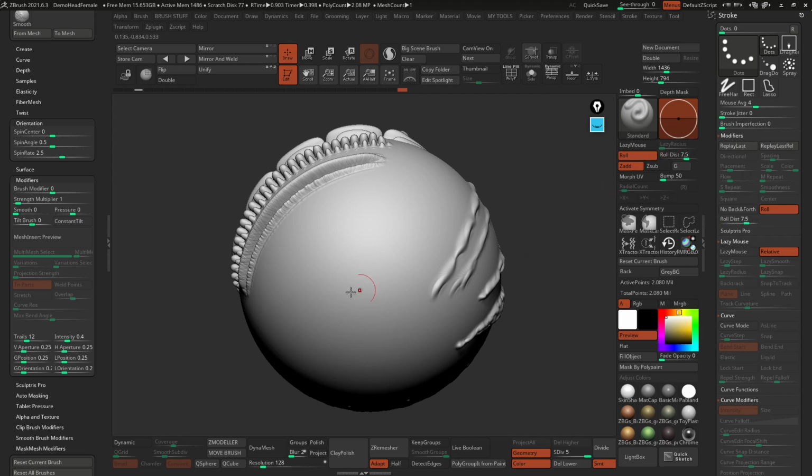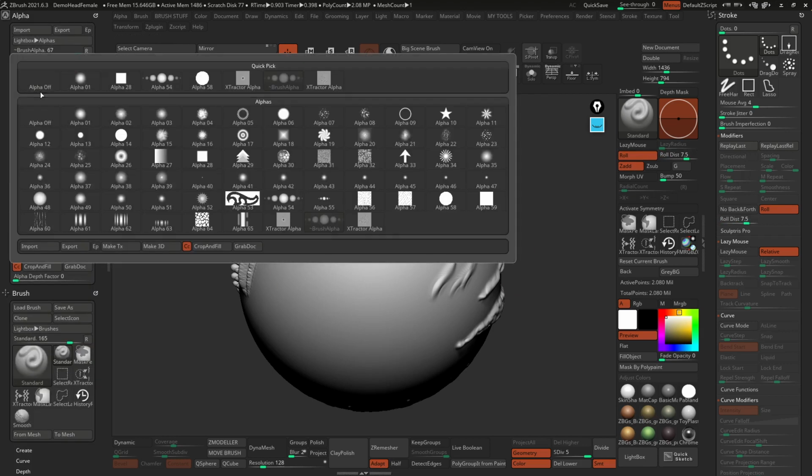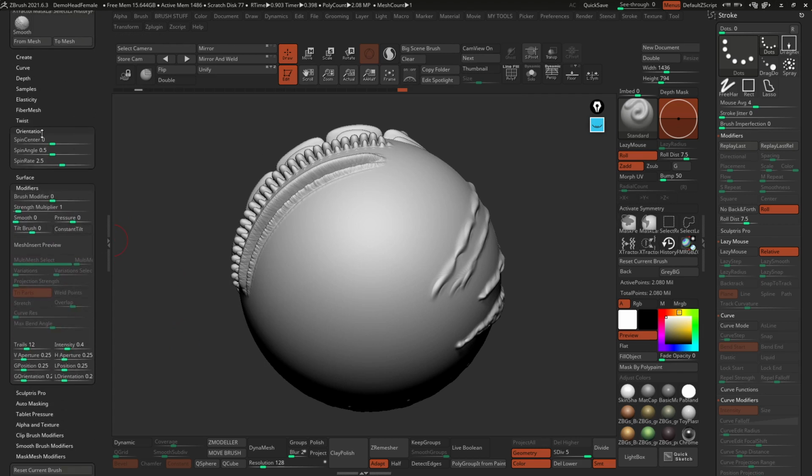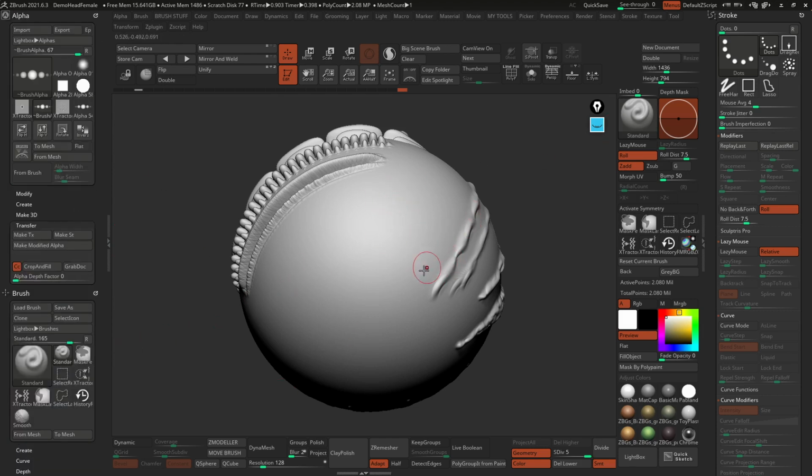I left the C add on, I selected alpha 54, right? Again, you can use any alpha, and I'll show you that in a second. And in the brush palette, under the modifiers and orientation, I set the spin angle to 0.5, the spin rate to 2.5, and in the modifiers, I enable the 12 trails. So I just added 12 instances of that brush. As I said, once you have this brush, all you have to do is create your own alphas and vary a bunch of different scar brushes.